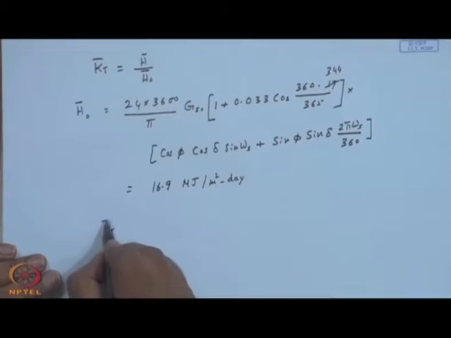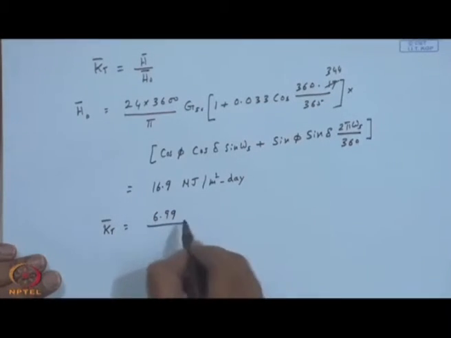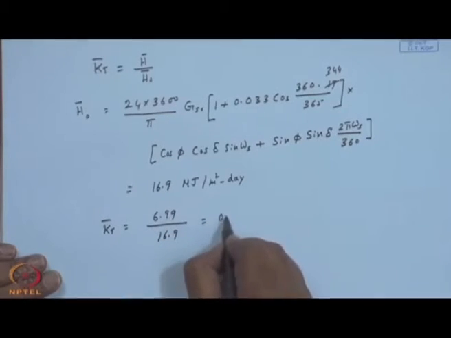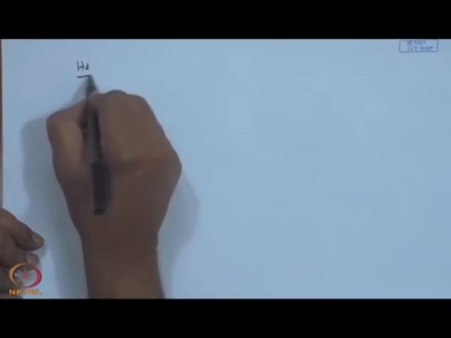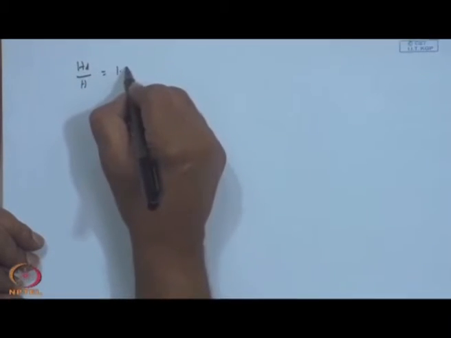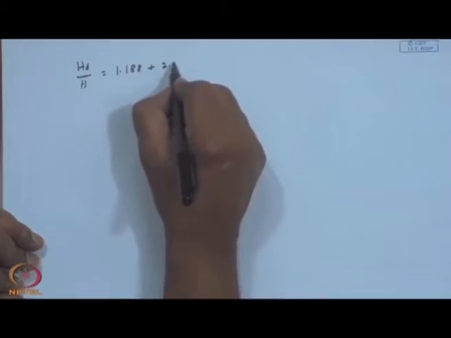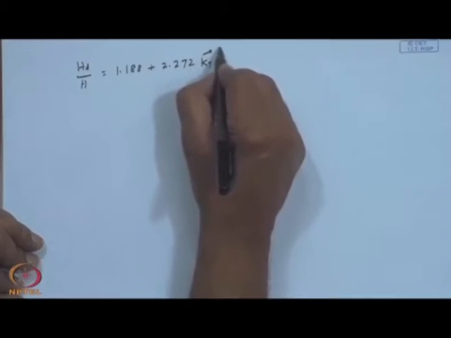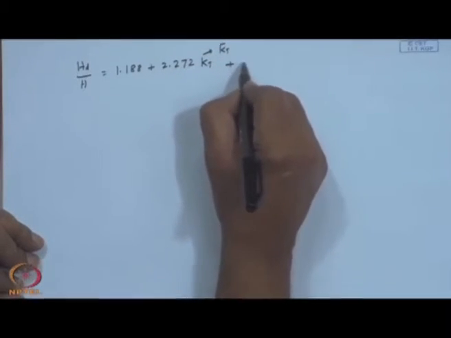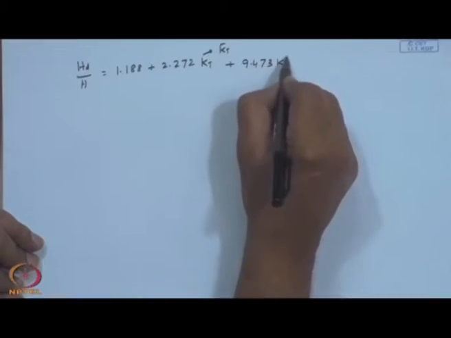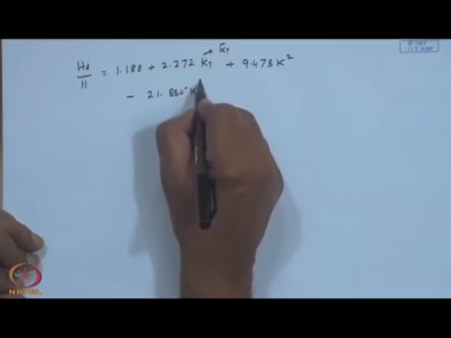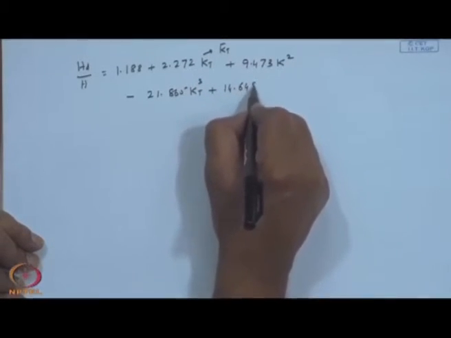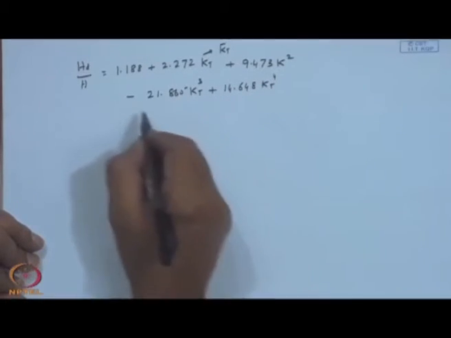And your Kt bar is 6.99 by 16.9, which will be 0.4136. As expected, this is a low value. So, now Hd by H equal to 1.188 plus 2.272 Kt, which will be equal to numerically Kt bar, plus 9.473 Kt square minus 21.865 Kt cube plus 14.648 Kt to the power 4. This comes out to be